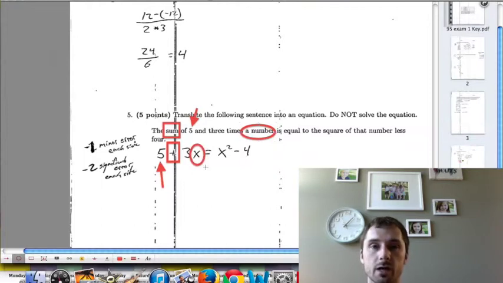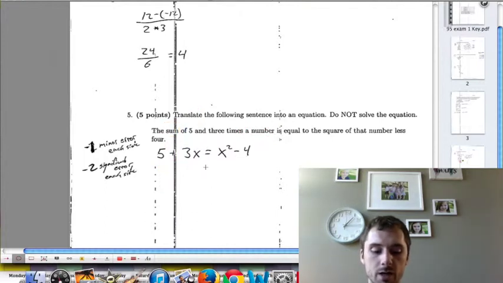In this case, I gave it x. So 3 times a number. So now you see on the left I have 5 plus 3x. The sum of, that's the adding, 5, which is one of the things I'm adding, and 3 times the number is the other thing I'm adding, is equal to, obviously I put an equal sign,